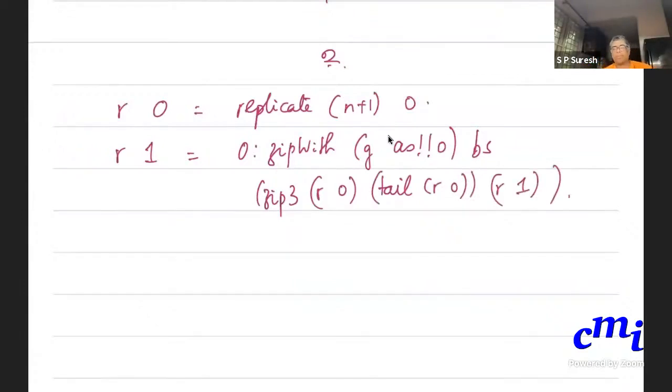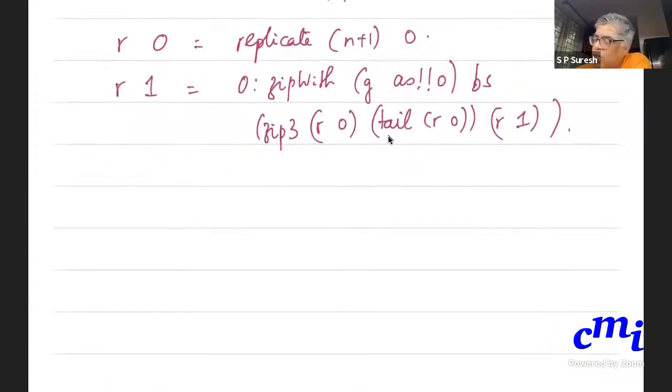Is it clear? Just instantiating. Ri is defined in terms of Ri minus 1, so R1 is defined in terms of R0 and R1 itself. What is R2? Same old thing, right? So you do 0, give a space.